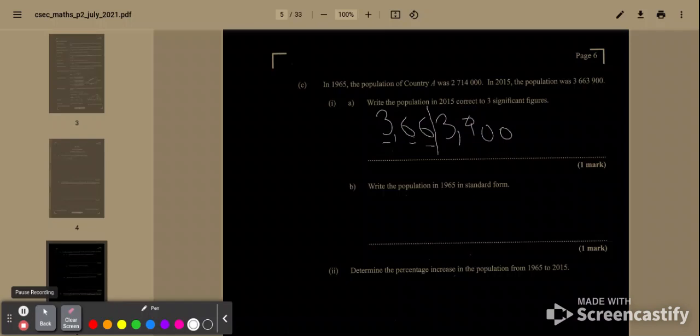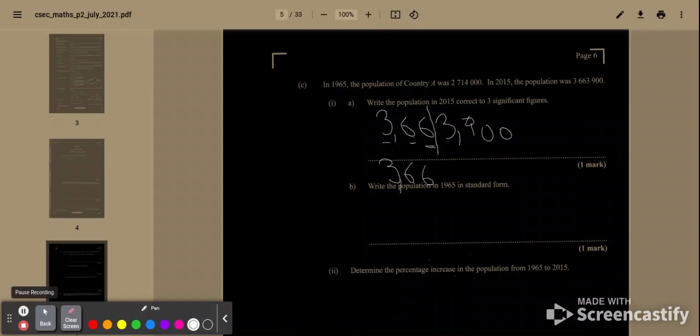So now what we need to do is to see the number which is beside this 6 here, if it is greater than or equal to 5. If it is greater than or equal to 5, we'll round this 6 up to 7, right? If not, we'll just leave the 6 as it is. So being that it's not, we'll just have